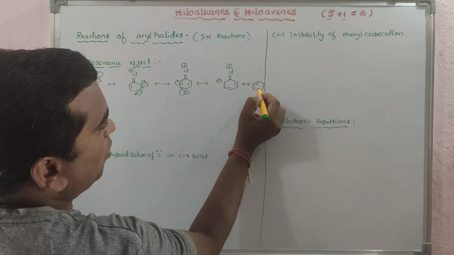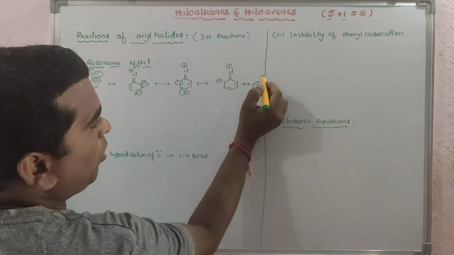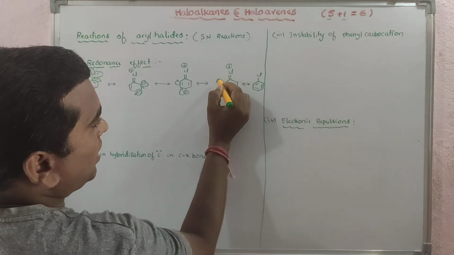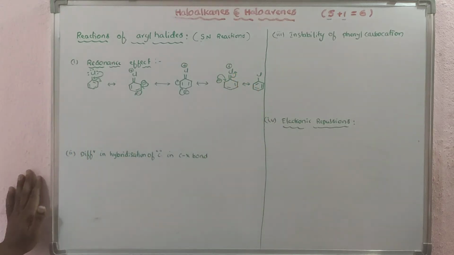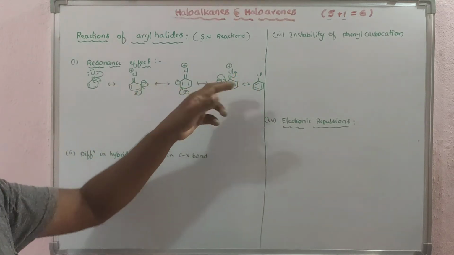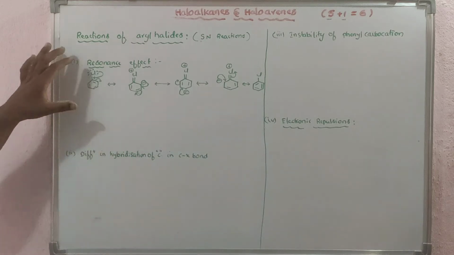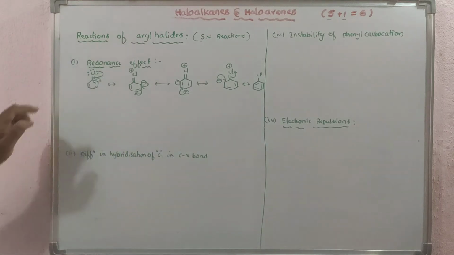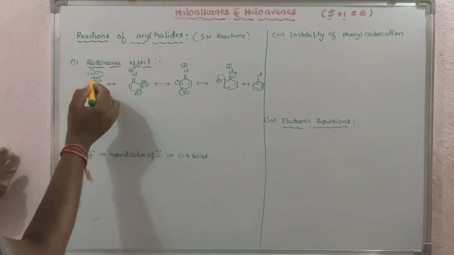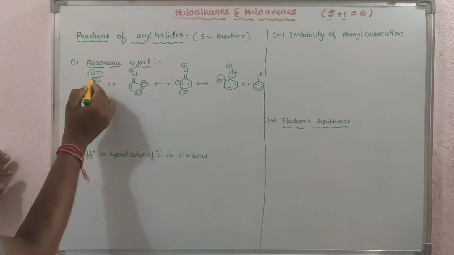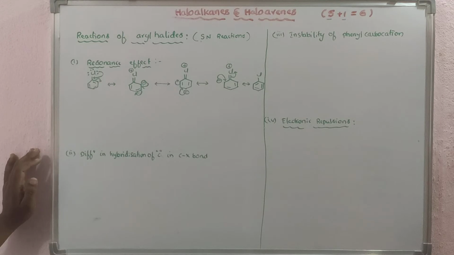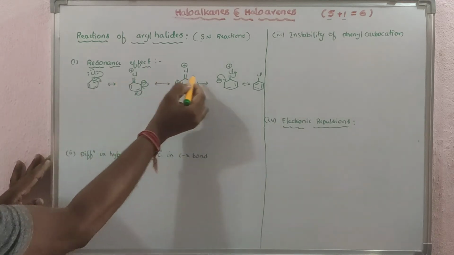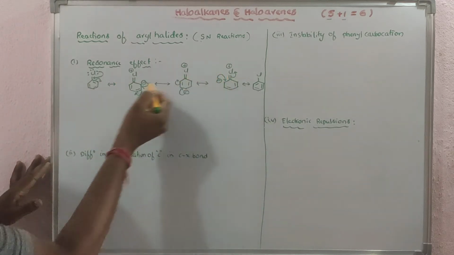Again you will get another structure, this is the compound. You will get double bonds here, and there will be a chlorine. Why? Because here the bond will come and this bond will go towards the chlorine. You see in this resonance structure, the carbon and chlorine bond acquires partial double bond character. Partial double bond character. Due to which one?